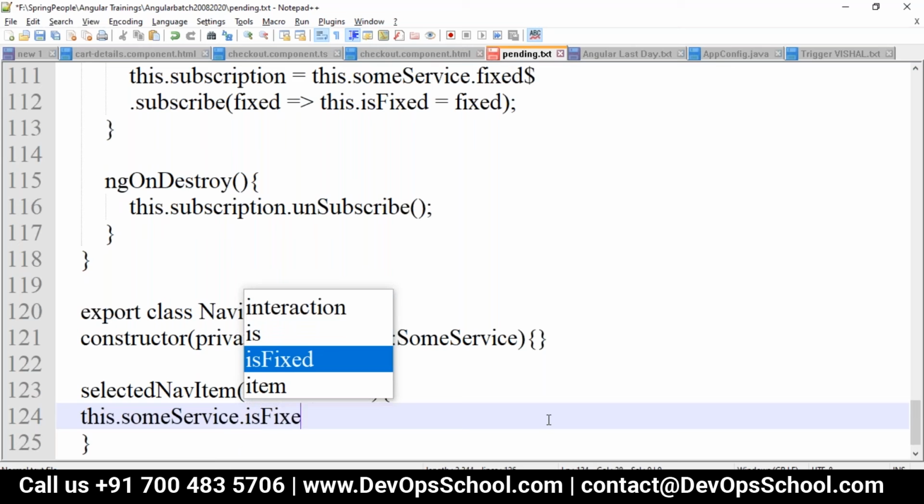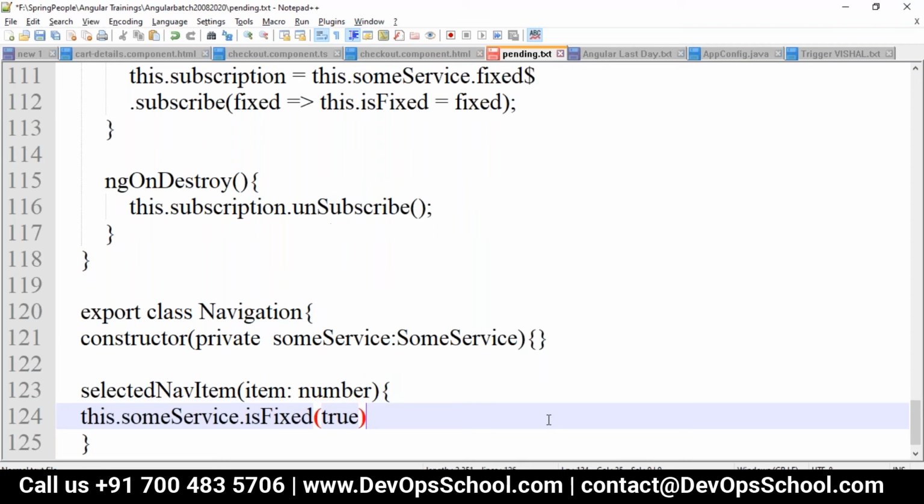The new value which you want to send, the updated value, can be given here. Like that we can go with the behavior subject and the subject. The behavior subject will be used for scenarios where I want to give the changes, or you want to emit with the event emitter or the observable in Angular, or you want to go with delegations and all those things. Then we can go with the behavior subject to be accessed in Angular.